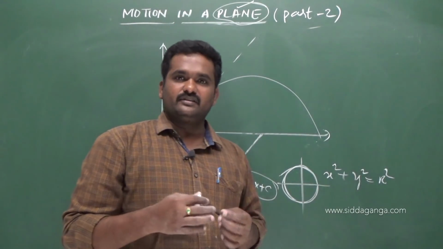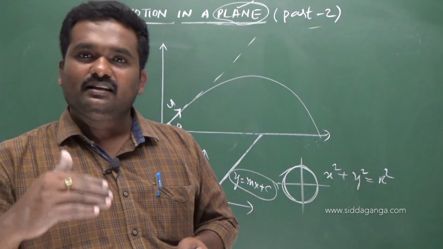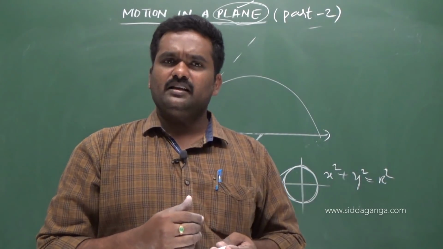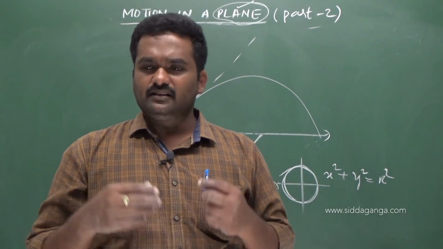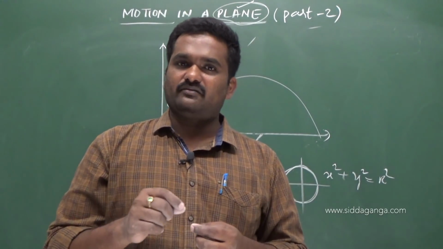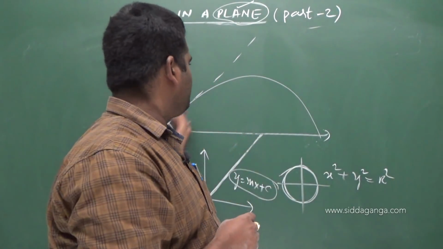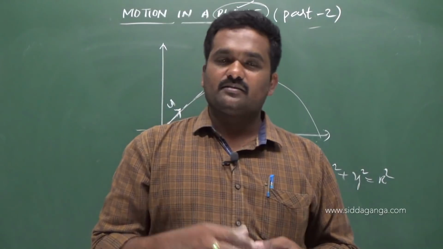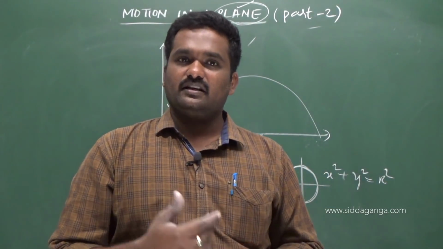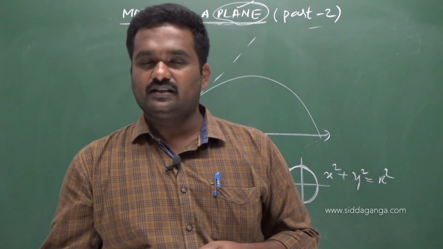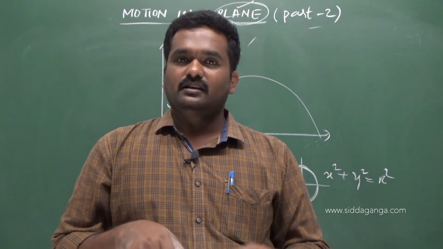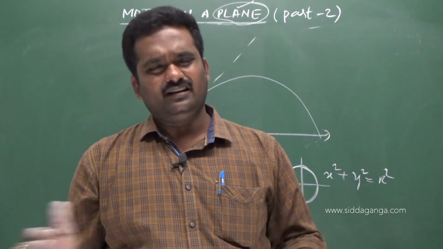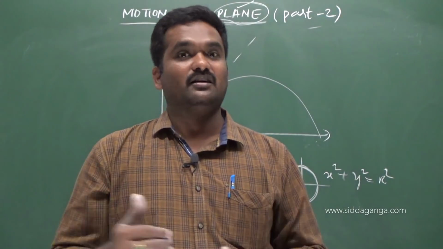For every motion in physics, even in the example which I have given, launching of a rocket and what the readings are going to give, a person sitting over there will have his own data, and an equation will be given for the motion of the rocket. Just like the projectile equation, how are we going to derive it? If it is moving in a straight line path, what is the equation corresponding to it? Similarly, you can write a displacement equation for it. Differentiating that displacement, how it varies with time, you will get the velocity of that rocket. Similarly, what acceleration the rocket is supposed to have at that height, you can calculate by differentiating that velocity, so certain equations are going to be bound.